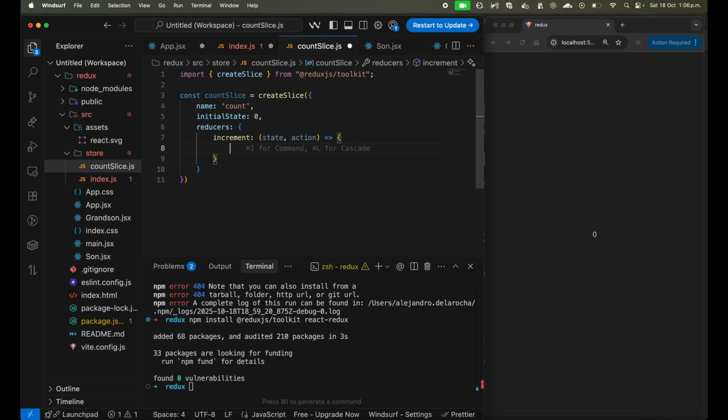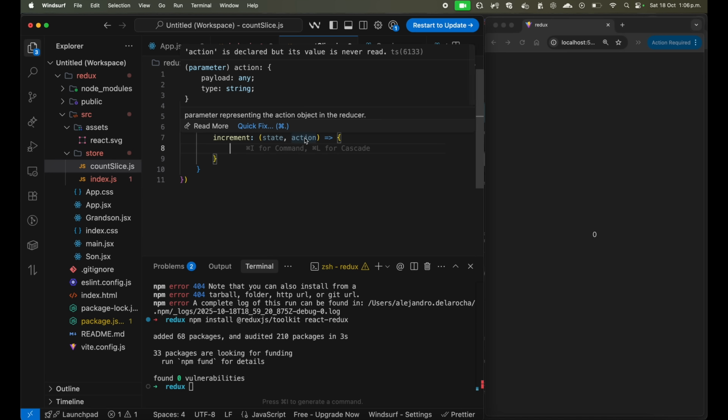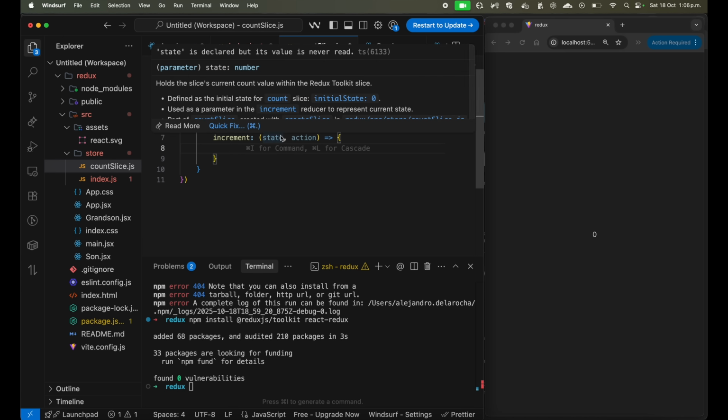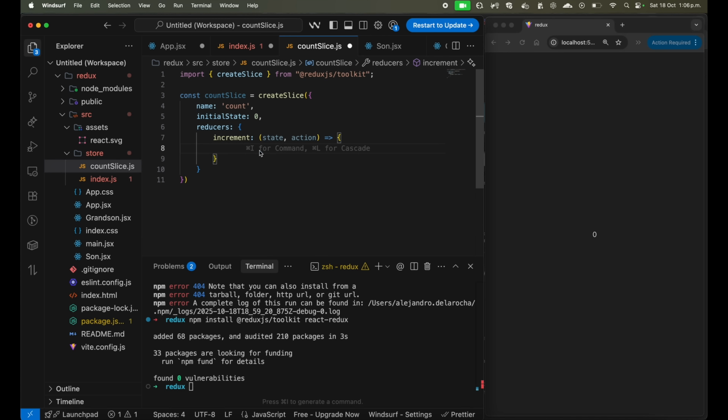Right. And as we said, the action has a type and a payload. So yeah, let's see, it says payload and type, and state is declared but it's never read. Okay, so